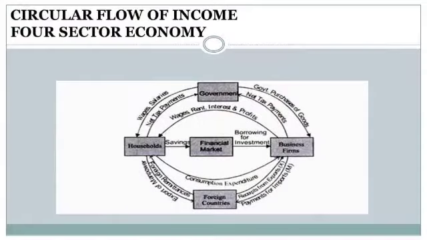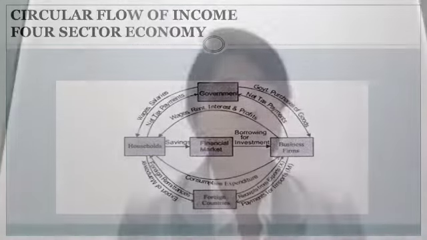Now, since this is a four-sector model, the fourth sector came into the picture post-globalization. And the fourth sector, which was important, was the formation of foreign countries. Now, these foreign countries were basically markets where import and export would take place. So, on one side, business firms would export their products into the foreign country, and business firms would also import some of their products from the foreign country into India, against which the payments were done either to an individual